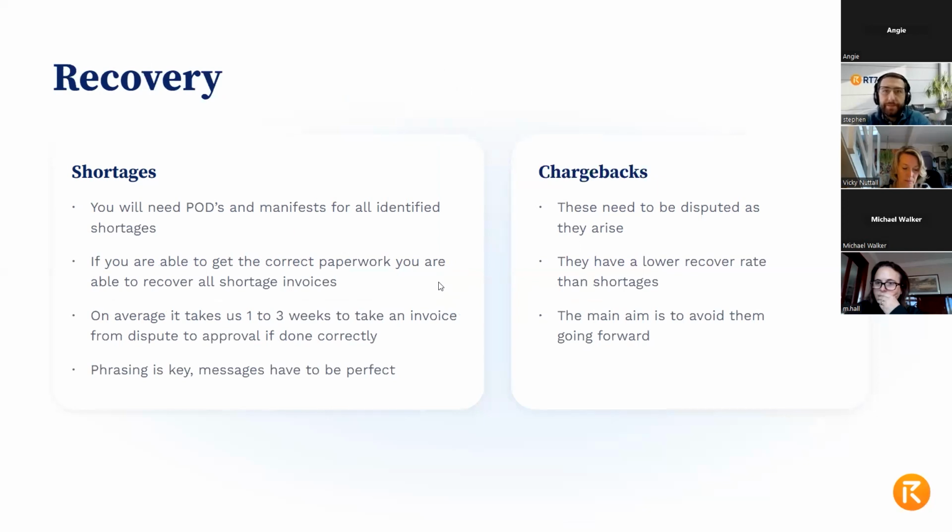So how to get these back? In terms of shortages and chargebacks, there's a couple of different bits. PODs and manifests should still be used. Amazon still states that they don't use them, but it is still best practice to include them. The reason for this is that it shows Amazon that you have a genuine belief that it has gone in. It's more of a confidence piece than actually trying to use the evidence. It's something to say you are very convinced. Having that paperwork and being able to say that there is a clear trail shows Amazon that you are less likely to just back down and drop this, that you aren't just taking a chance on this.